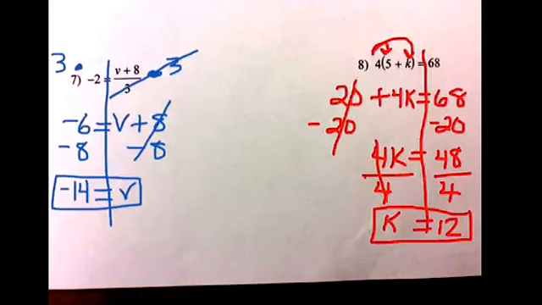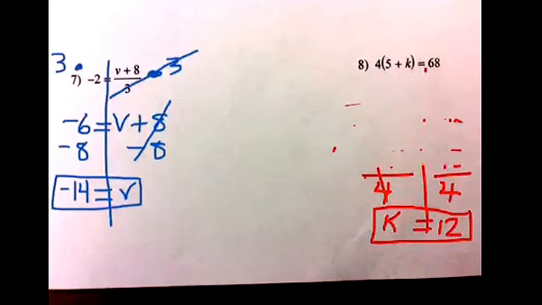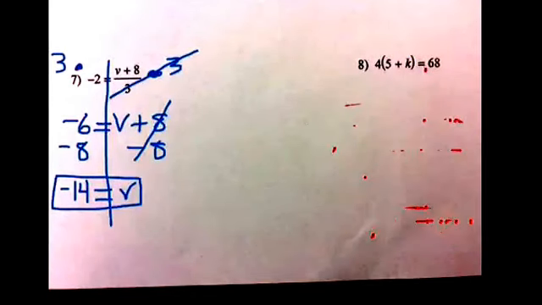I do want to show you a slightly different way to do it, which you might find easier. So you're welcome to do either one. You can put them both on your paper. If you wanted to put this one on the back, that would work too. So I'm going to erase it real quick and do the problem again, just showing you a different way to undo. All right. So instead of distributing through the parentheses, to get rid of the parentheses, I can